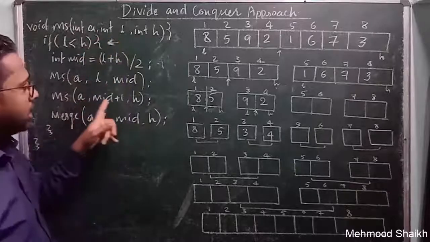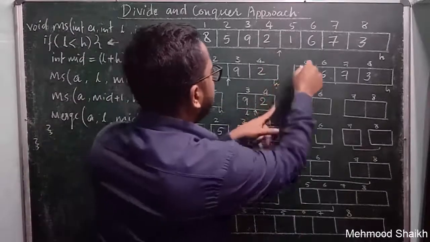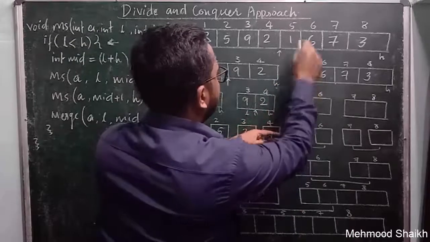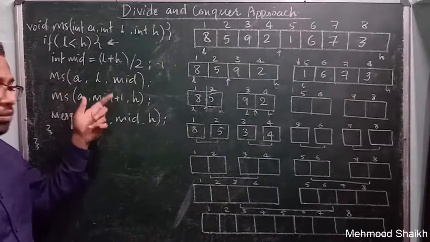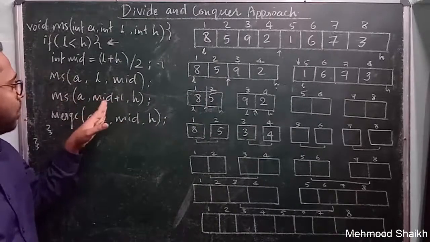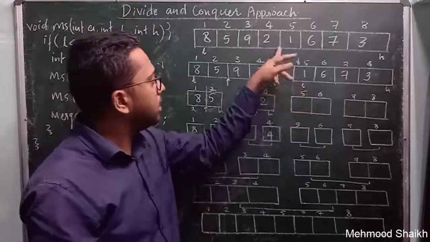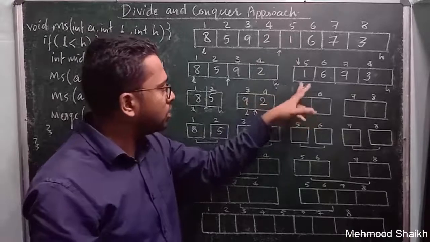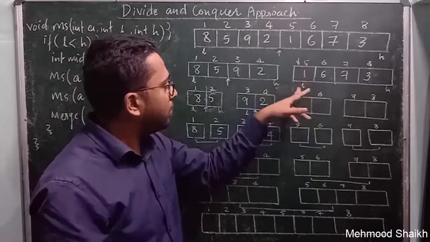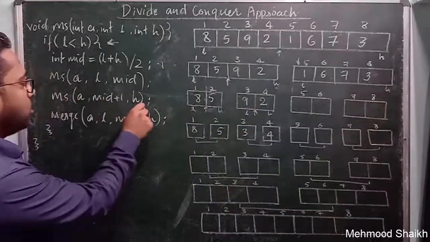Here, the fourth location was our mid, and mid plus 1 is this location. You can see this merge sort function is making a call to the same function starting from mid plus 1 to high. Mid plus 1 is 5 because in the earlier case mid was 4 and now we have to start from mid plus 1. So this is mid plus 1, which we have pointed as low, and to high.